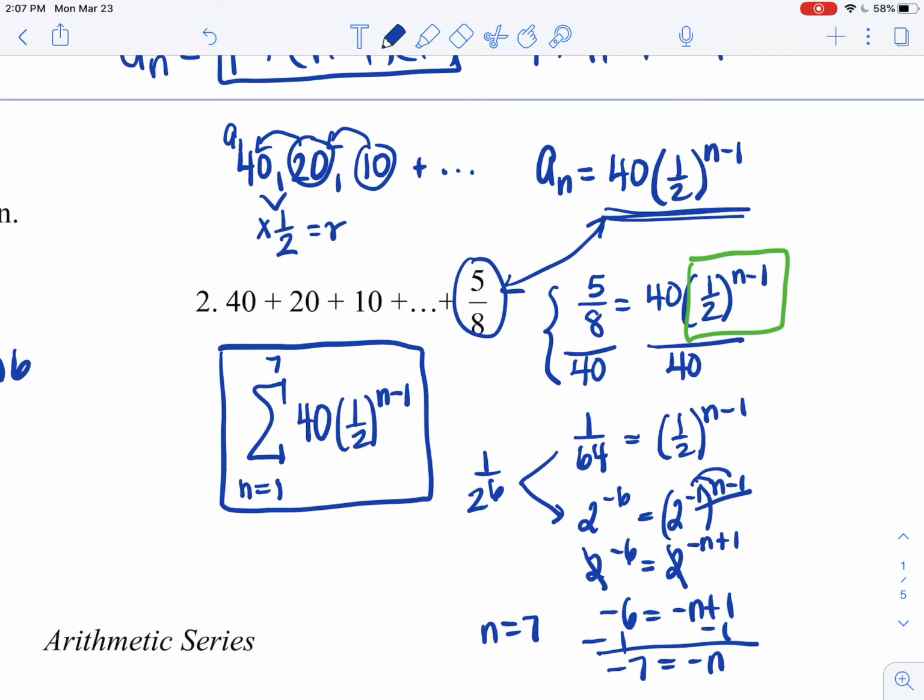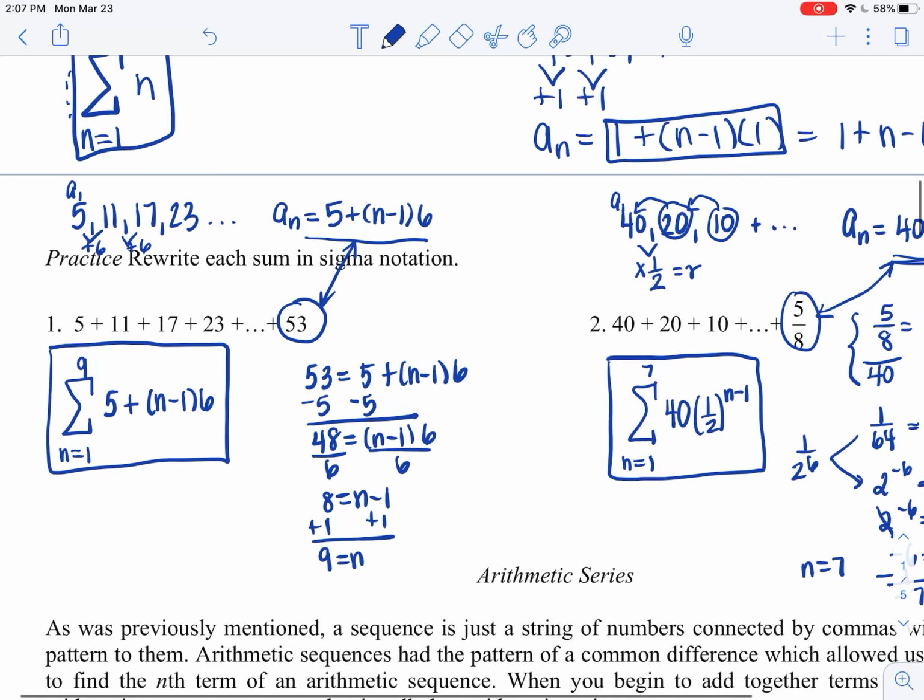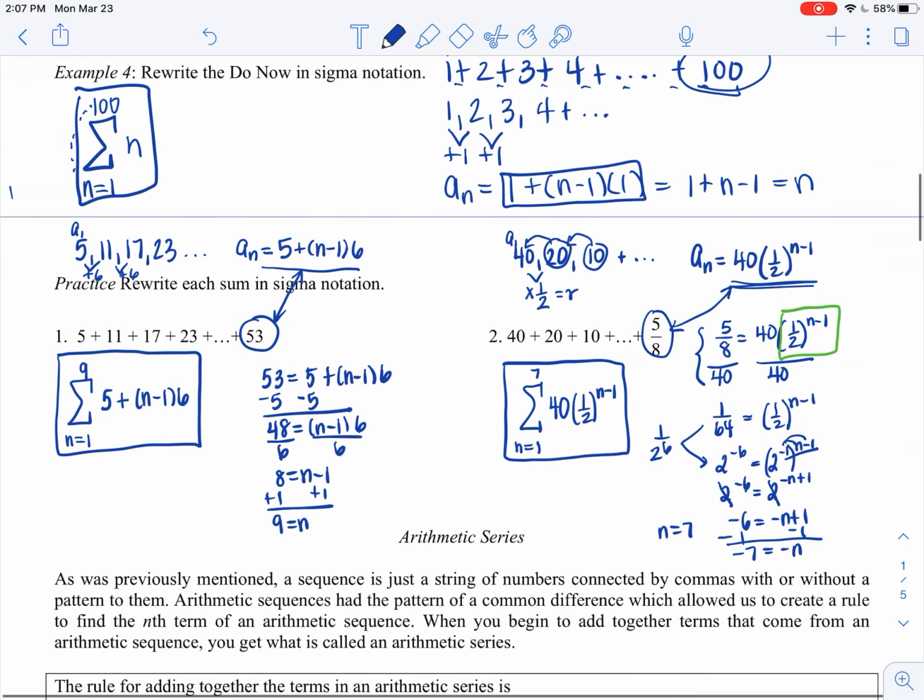Again, if you don't want to do that by hand, or you'd rather use logarithms or whatever, that's okay. You can use your graphing calculator to find that value. I just thought this was a good opportunity to go back over those exponential expressions. Okay, so all in all, again, sigma is a shorthand way of representing a series, and if you have to write a rule to put something in sigma